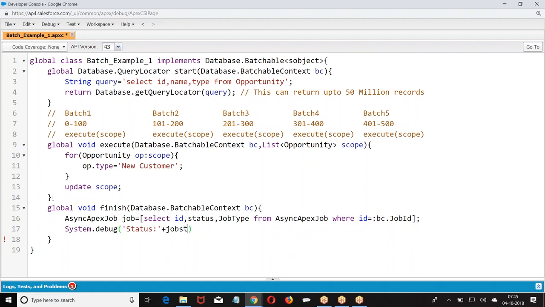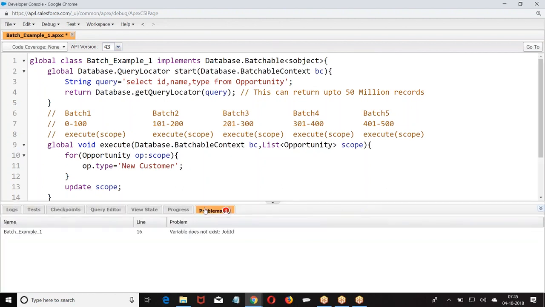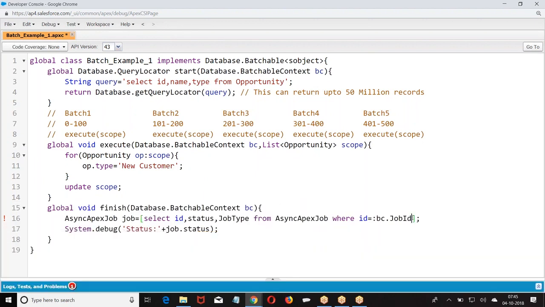If you want, we can send the job ID. Get job ID, right? It's a method. So this is how we are doing it.